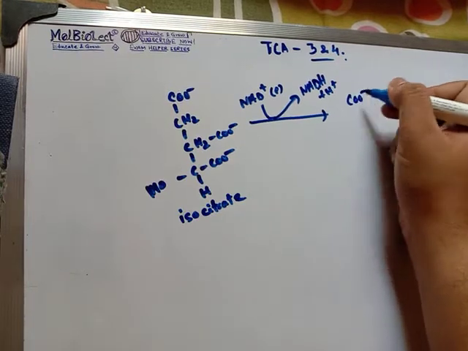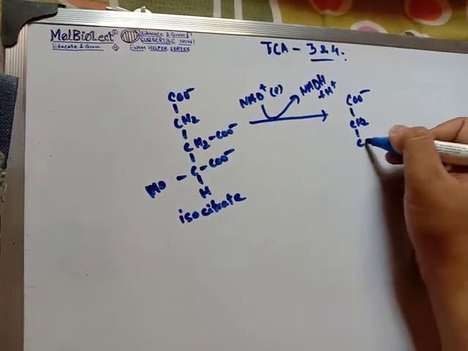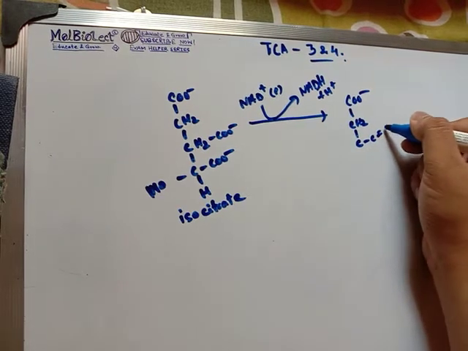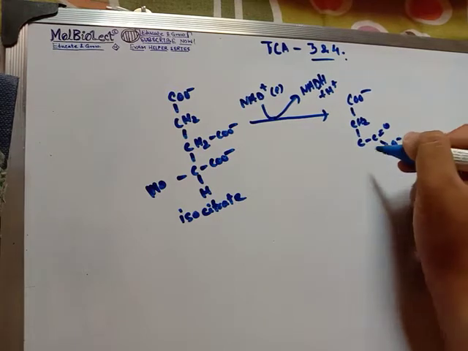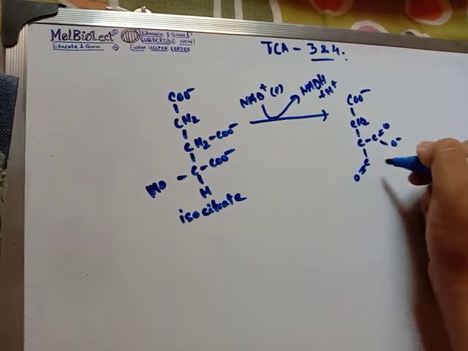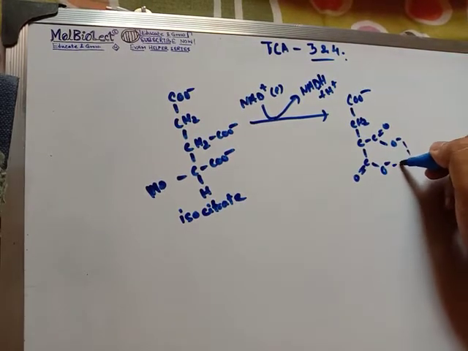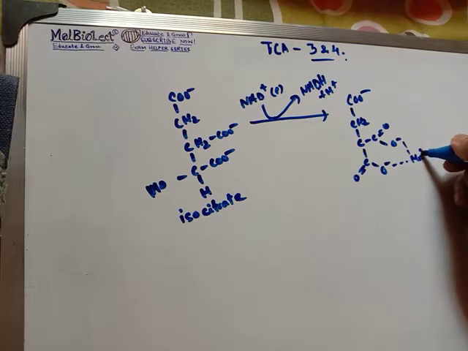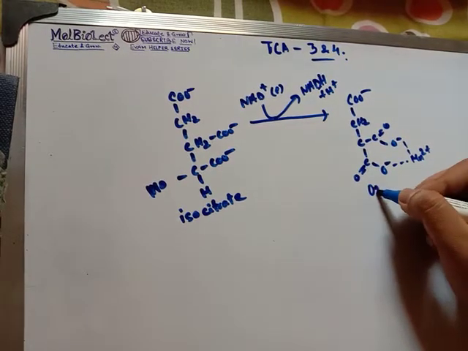Now this essentially does this: CH2, no change over here, C double bond O minus, there will be some bond rearrangement over here, and these negative charges are stabilized in the active site by the manganese ion. So this is known as the oxalosuccinate